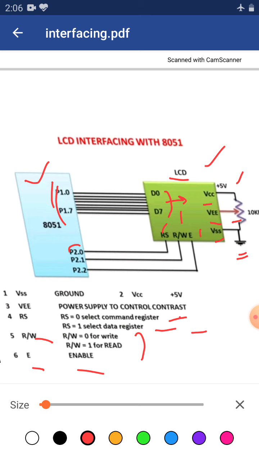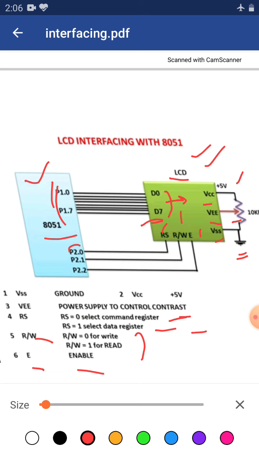When RS is 0, in that case for the command register, the D7 bit will work as a flag and it will indicate to the 8051 whether the LCD is ready to take or give information or not. That means when the D7 bit is high, it indicates to the 8051 that the LCD is busy and will not give or take any information right now.